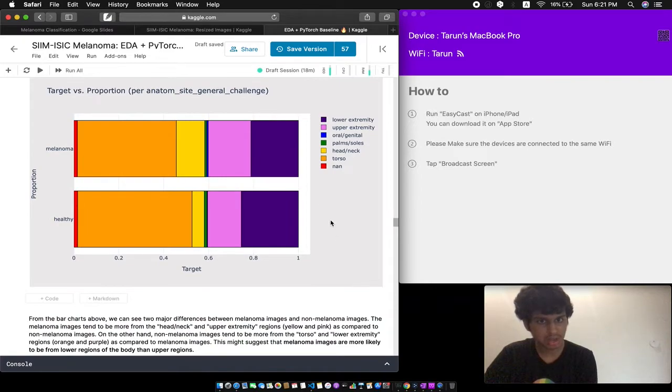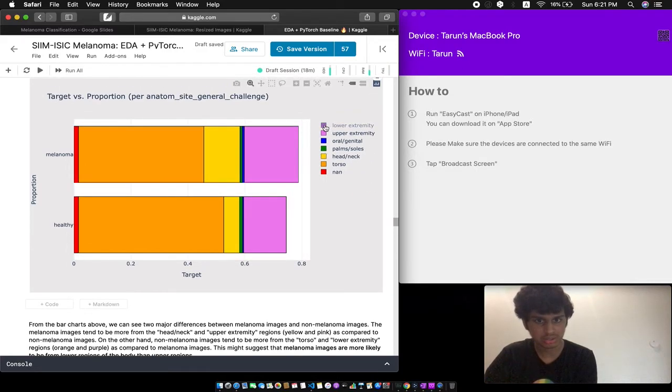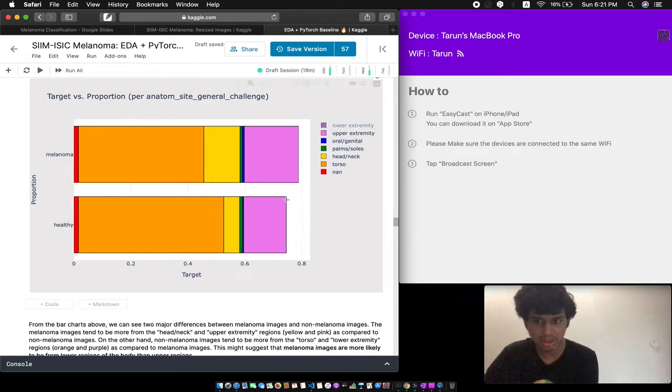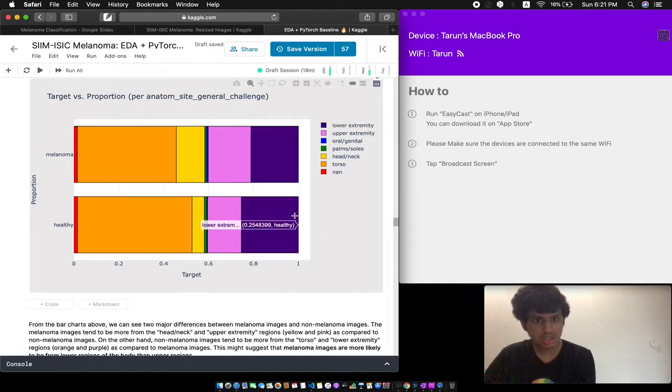Okay, and the other thing that we can see here is the purple bar is much bigger for the healthy images, which means that lower extremity. So you can see some sort of pattern here, right? Okay, sorry, I think I removed the purple bar by mistake. Okay, it came back. So as you can see here, the lower extremity and torso seem to be very common